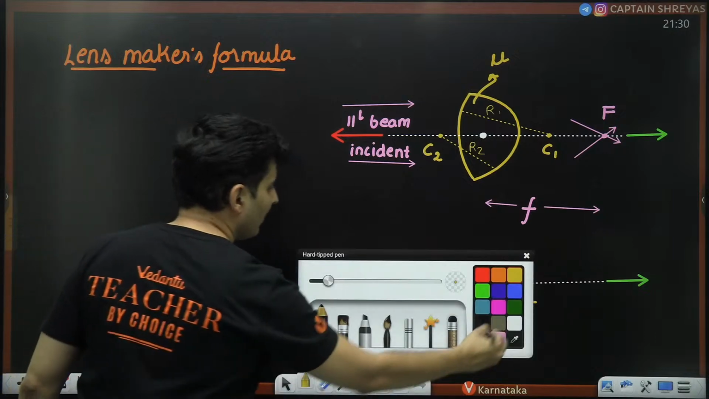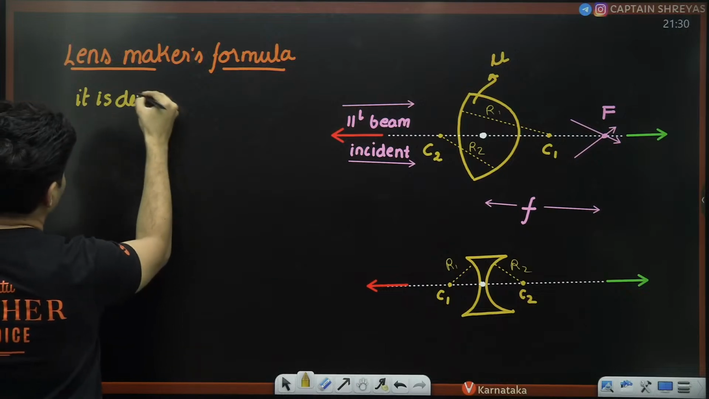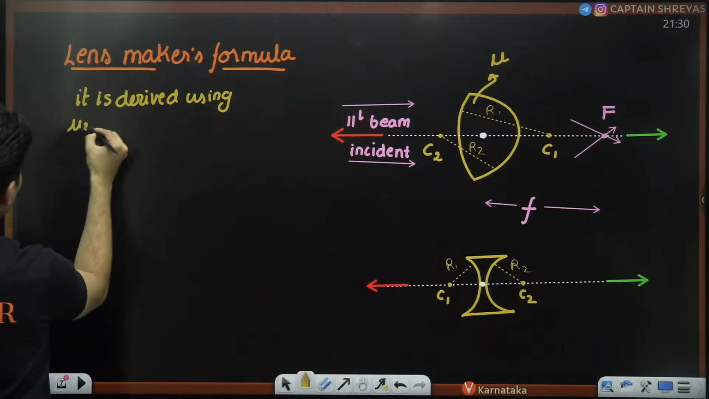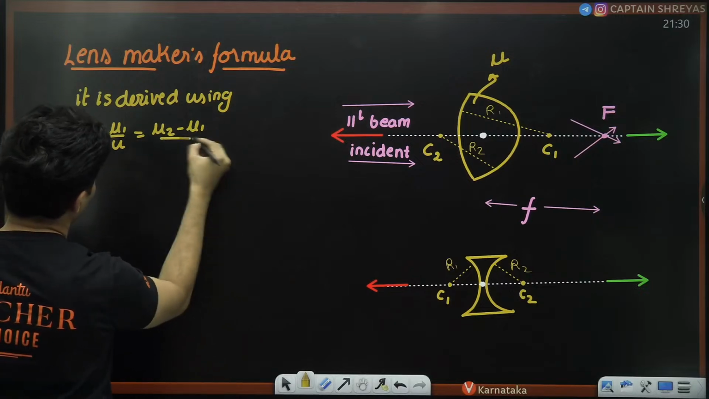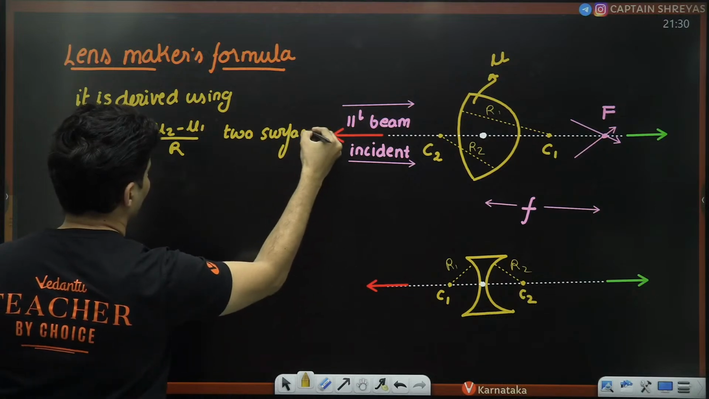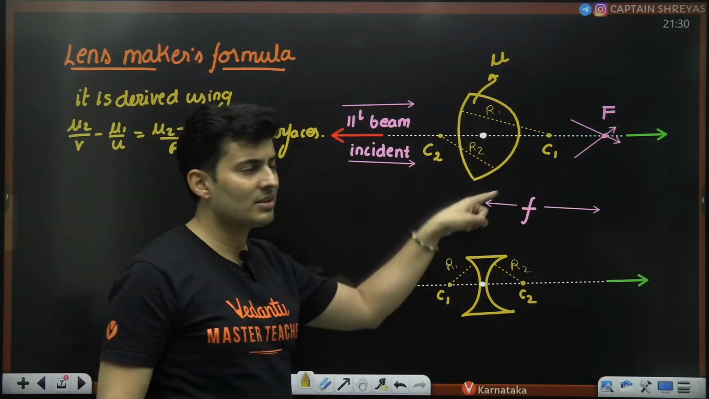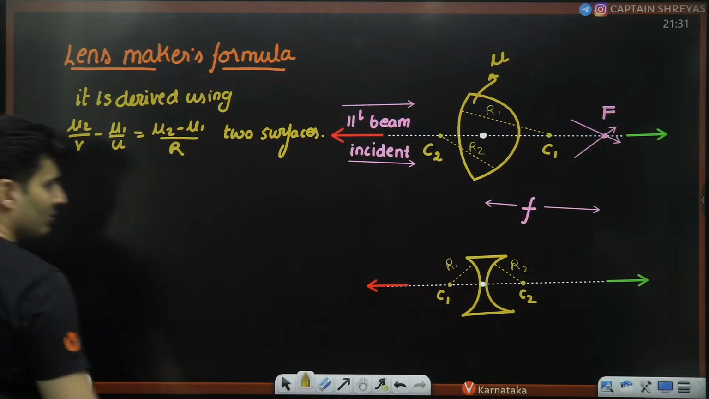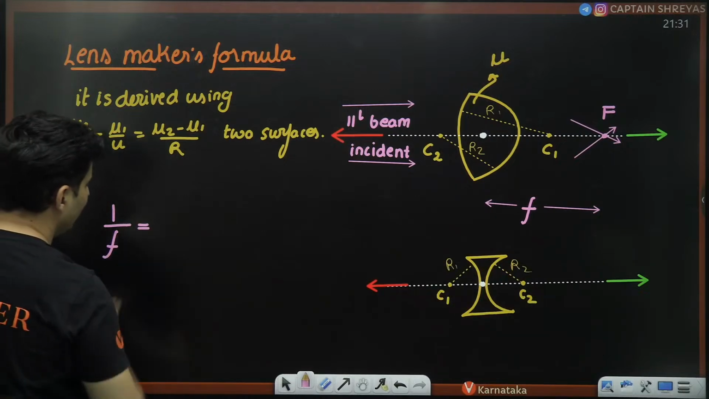How do you get this formula? It is derived using mu2 by v minus mu1 by u is equal to mu2 minus mu1 by R, twice, for two surfaces. It is derived using that formula, first for this surface, then for this surface, shifting the sign convention and all of that. And what is the answer that you get? Here is what you get. The answer for the focal length is as follows. 1 by f is equal to